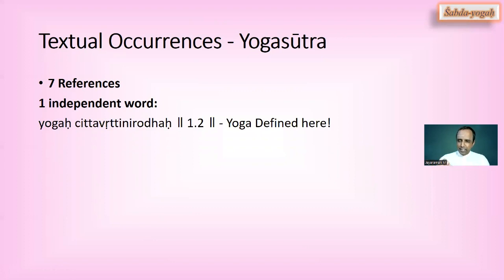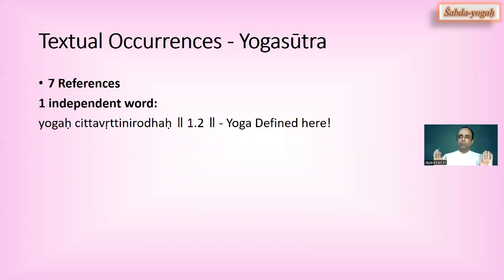So where yoga is defined in the Yogasūtra, the word yoga is used independently, and it is defined as chitta vritti nirodha, the restraint or cessation of the activities of the mind, which is a general, simple translation. That is called yoga, and in this context the act of cessation or restrainment is to be understood as samadhi. According to Vyasa, the primary commentator, yoga is samadhi, and samadhi is nothing but